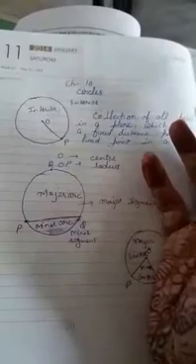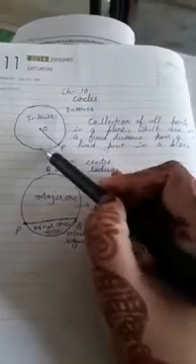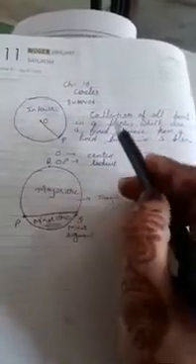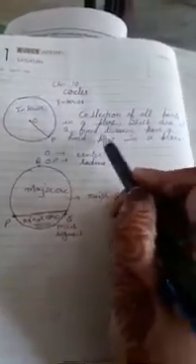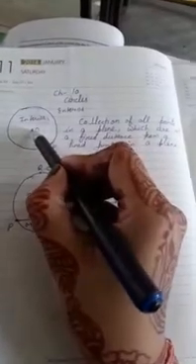You already did in junior classes that when we keep our compass on a fixed point and cover a distance, that is a circle. Actually, its definition is the collection of all the points in a plane which are at a fixed distance from a fixed point. This is a fixed point and this is the fixed distance. So all the points which we collect at the same distance, that is the circle, and this fixed point is known as the center and this fixed distance is known as the radius.